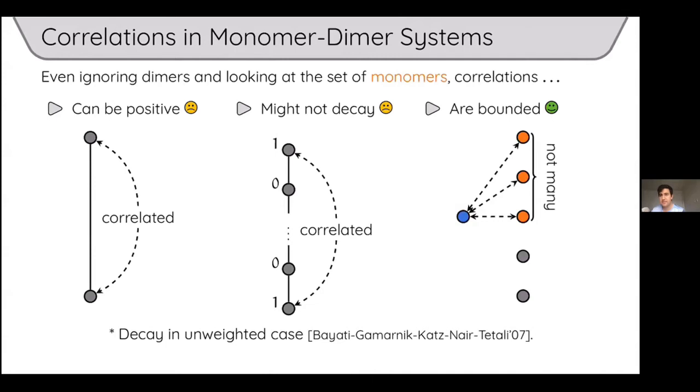The number of other vertices that are highly correlated with it is not too many. Think of it as being bounded by a constant. So this goes well with this case, because here, in the example I constructed, I was able to correlate this vertex with this vertex. But if you think about it, this vertex is independent of the vertices in the middle, because the vertices in the middle are always deterministically not a monomer. So for this vertex, there is only one other vertex that's perfectly correlated with it. And basically that's what we show in general for holes.